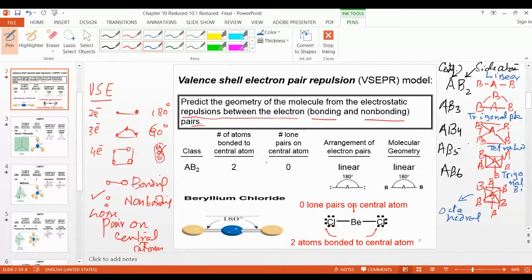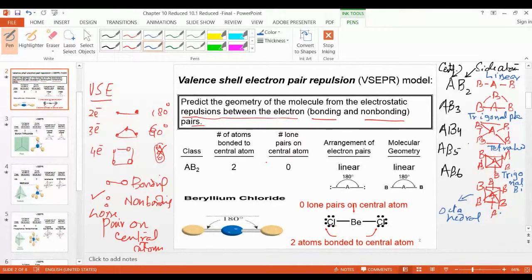There is no electron on the central atom A without lone pair of electrons. These are simple geometries: linear, trigonal planar, tetrahedral, trigonal bipyramidal, and octahedral. But once any lone pair of electrons is present on the central atom, it will change the geometry, not the linear, but a different geometry.